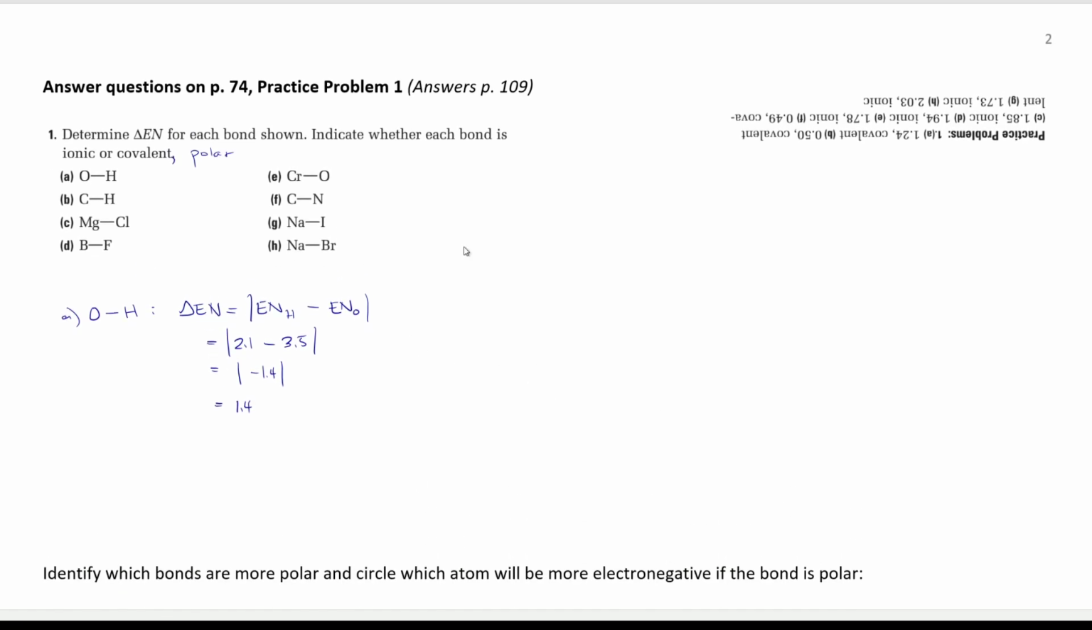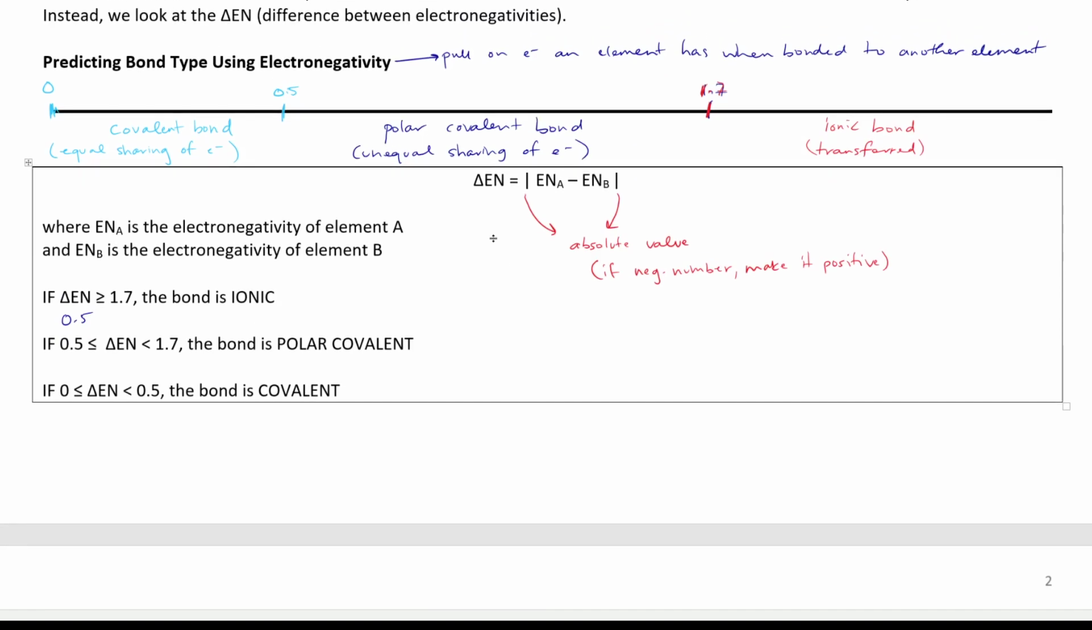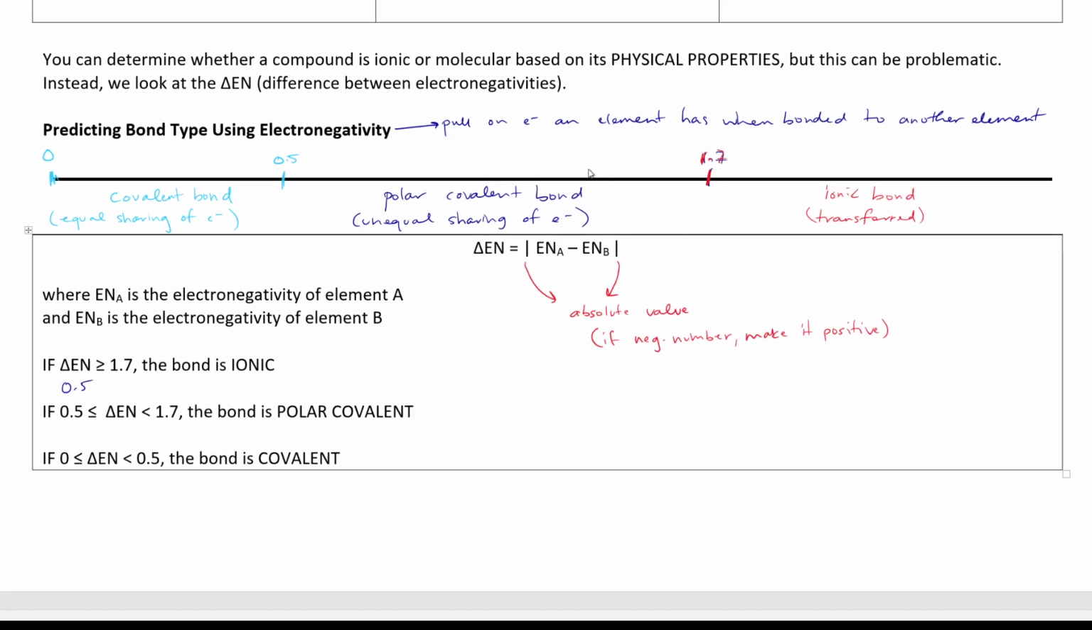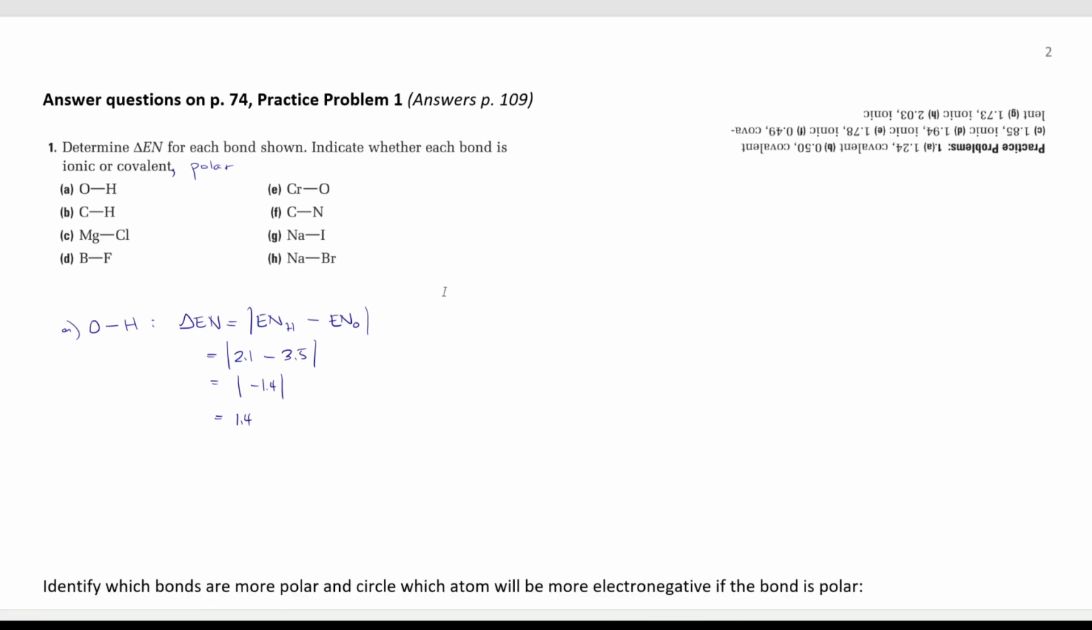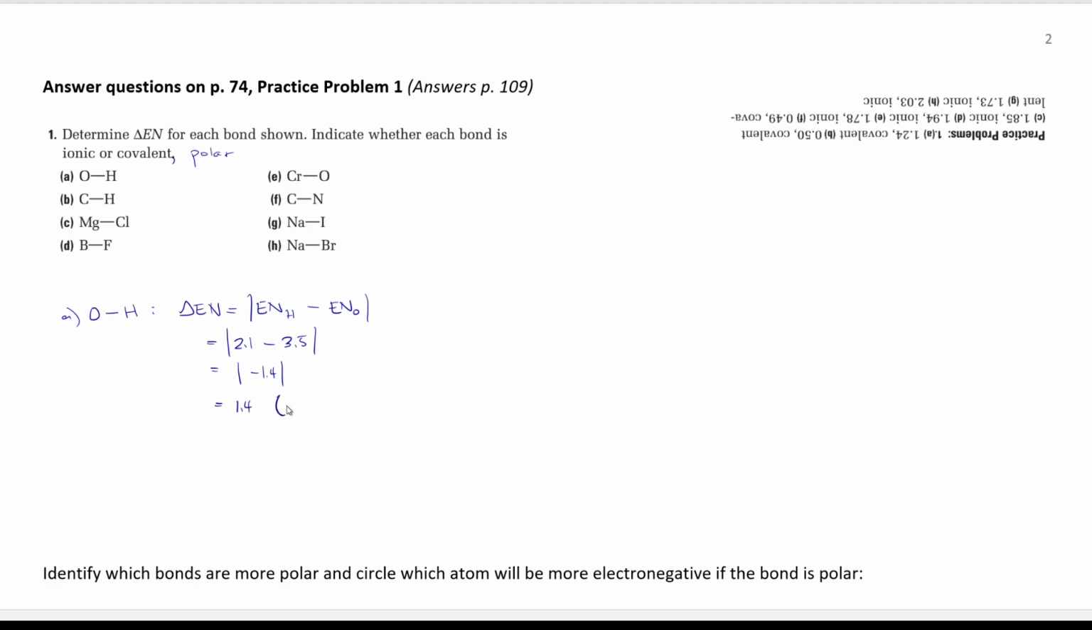Looking at our previous page, we can now classify what type of bond this is. Are the electrons more or less evenly shared between the oxygen and the hydrogen here? Are the electrons being pulled to one side? Are they being pulled towards oxygen, or are they being pulled towards hydrogen? Right, that would be a polar covalent bond. Or are the electrons being transferred? Right, is it an ionic bond? And if we go back to our previous page, we see 1.4 is in the polar covalent bond range. So we would classify this as a polar covalent